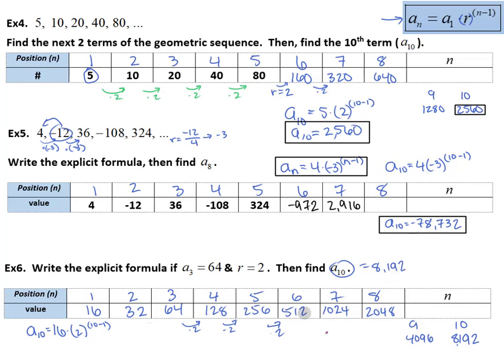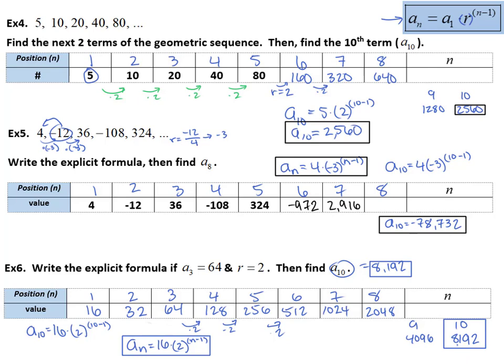Now, it did ask me to find the 10th term, which is 8,192. We've got that. It did also actually ask for the explicit formula, right? I should read my directions more carefully. So let's go ahead and write the generic formula that just leaves n as n. So it's the first term, which we did have to find in order at least to come up with this formula, times 2 to the n minus 1. So there is our explicit formula and the value of our 10th term, which we also found by just kind